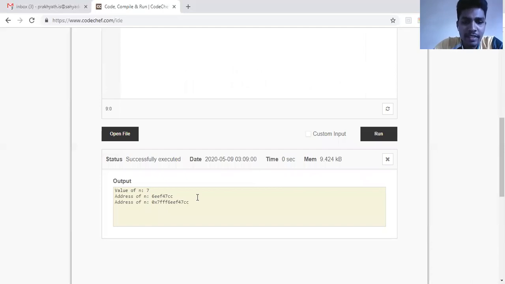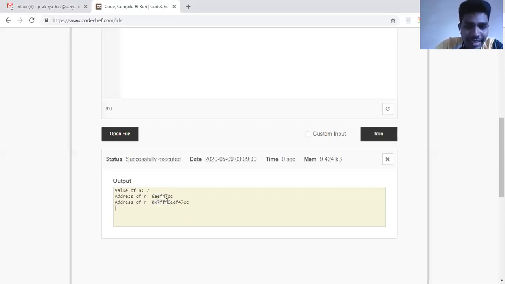As you can see here, in the previous percentage X, what we used is 6EF47CC. So that is the actual address which is shown here also. But the thing is, it is not printing it in hexadecimal directly. We are printing it using percentage P. That's why it is first indicating that it is a hexadecimal value. And the unused bits are being padded with the upper case F, the last one. Clear, right? With sign magnitude form, it actually converts it into this particular form.